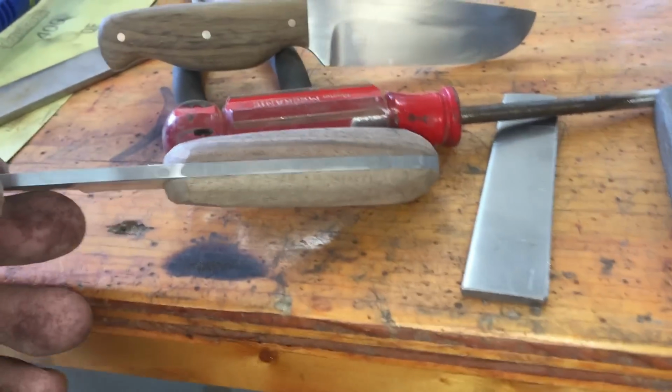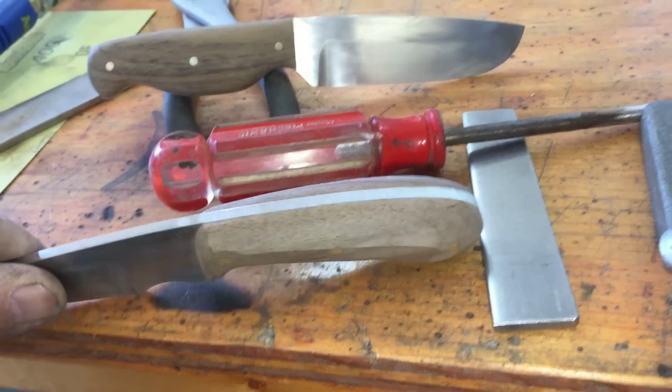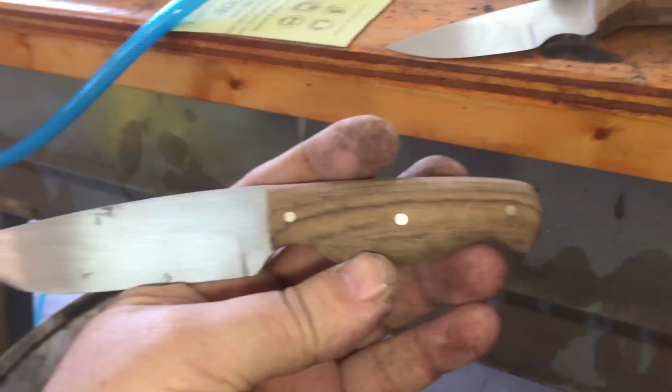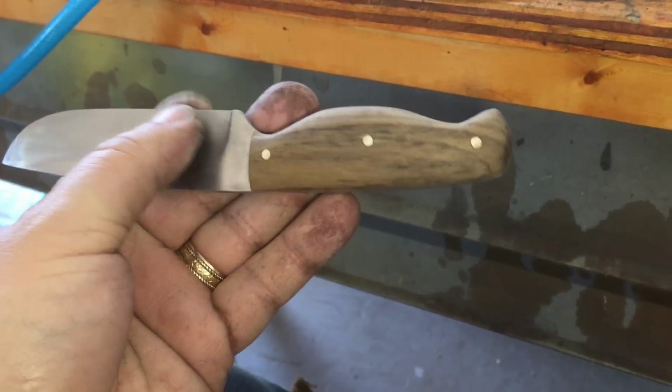But I know what the walnut looks like, and it's just a gorgeous wood when you get that true oil on there. All right, I'm gonna take this down to 600 and get started on that. Actually, I'll see you inside when I get the true oil on these, because the first coat of true oil